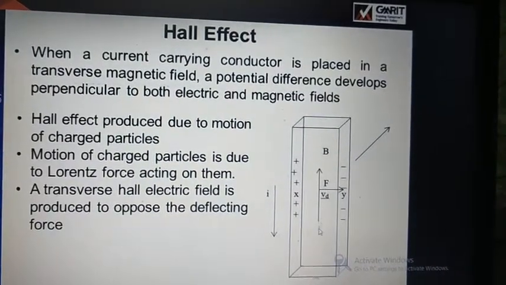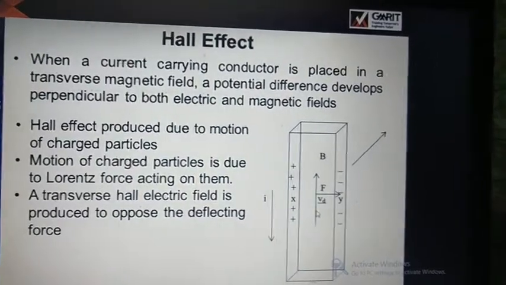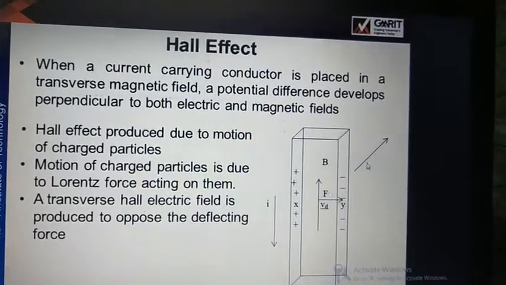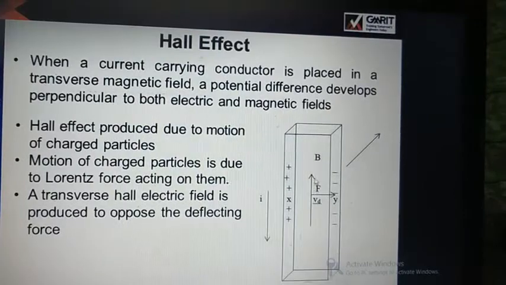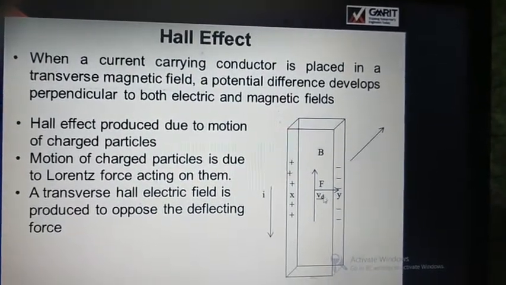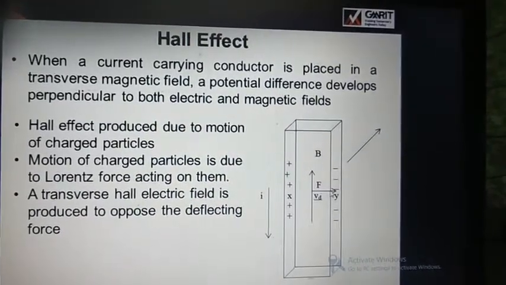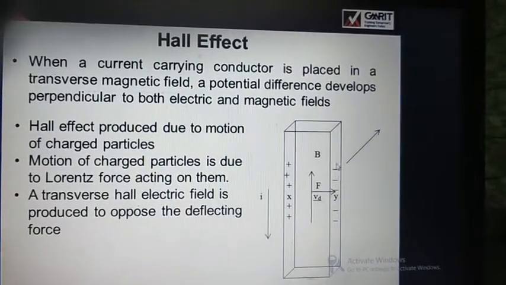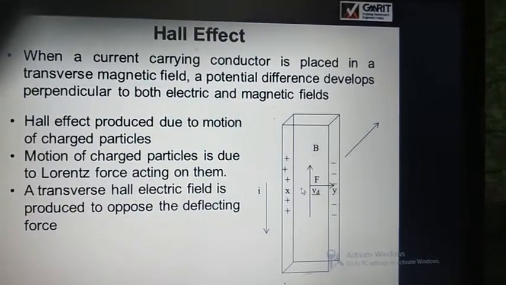See, if I take a semiconductor, electrons will flow in this direction and holes will flow in this direction. This arrow is representing the flow of electrons, and this arrow is representing the magnetic field applied. This is the velocity vector of the electrons, and this is the magnetic field. Due to the magnetic field, the electrons which are moving in this side are experiencing a force in this side. As the magnetic field is increased, all the electrons will come towards this side, and all holes are coming towards this side. Why is this happening?